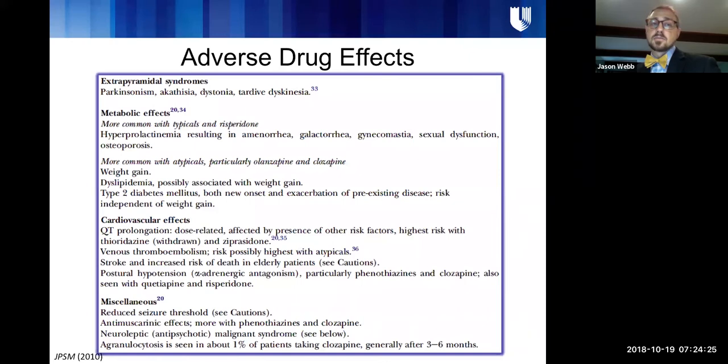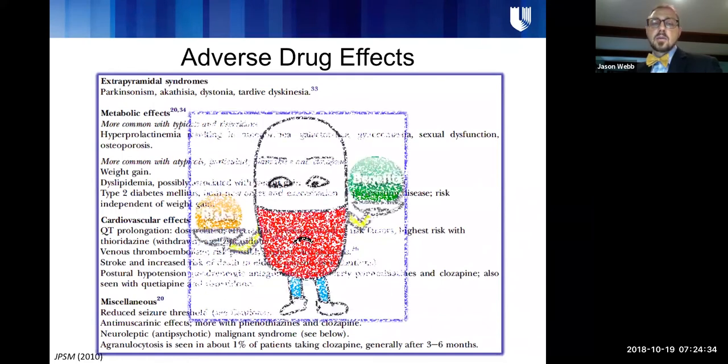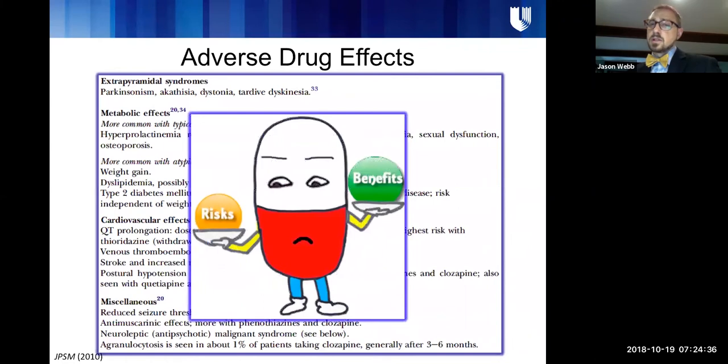But again, all of this is couched in the fact that these drugs have a lot of side effects. They, again, cause extrapyramidal side effects, metabolic effects. There can be cardiovascular toxicity, primarily QTc prolongation. But in our patient population, when people may be approaching the end of life, oftentimes a lot of what we're trying to figure out is that a lot of these risks are long-term. So a lot of these risks are related to treating psychiatric illnesses where somebody might be on a medication for schizophrenia for years or decades. And here we may be managing patients only for a few days or a few weeks. And so the risk-benefit profile and how we're balancing that may be a little bit different.